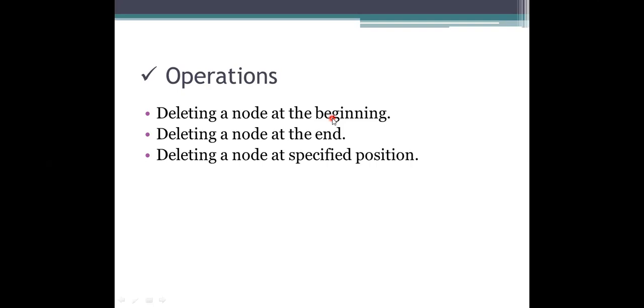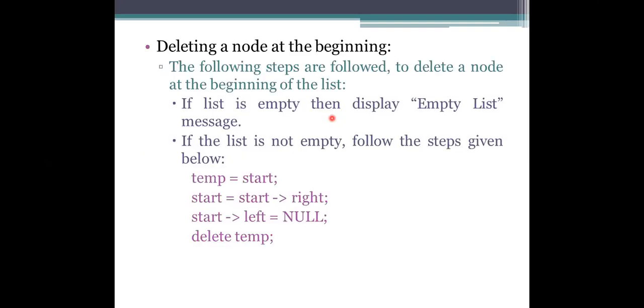So first one here is the deletion, which is deleting a node at the beginning. Here for insertion, we should start by checking whether the list has a node or not. If it is not having a node, we need to create a node by using a start which points to null, and then we insert a node and perform the actions there.